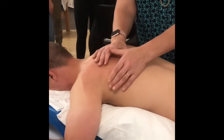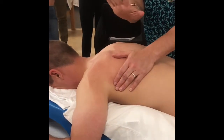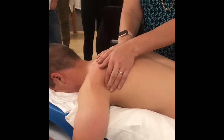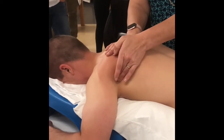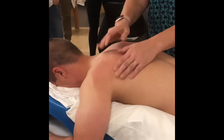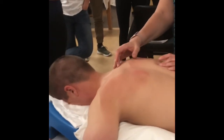Okay? It's going to be much easier to palpate in prone than it was in sitting, and that's why I blew past it in sitting, because I want you to try to palpate that in prone first. It will be easier. So you're going to follow the lateral border up, it's going to curve around, and that's going to be that infraglenoid tubercle. All the other structures you know. So the medial border, inferior angle, superior